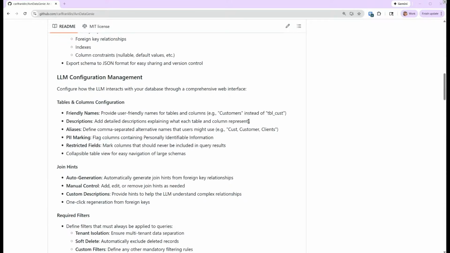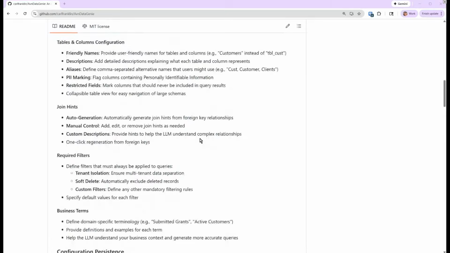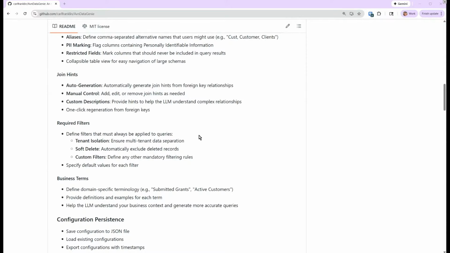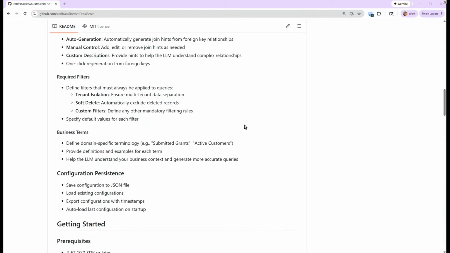Some descriptions, some PII or restricted fields marking, and some other things. So join hints: we automatically generate join hints from foreign key relationships and allow you to add, edit, and remove those, and then descriptions for those joins. Some required filters, some business terms. And then that is going to produce yet another JSON file.